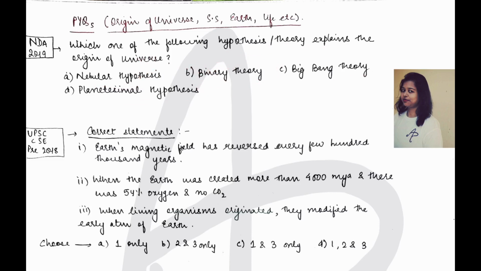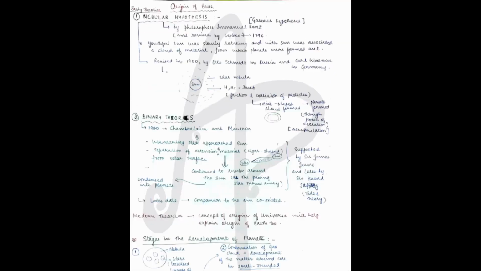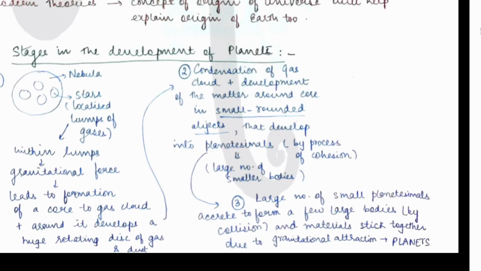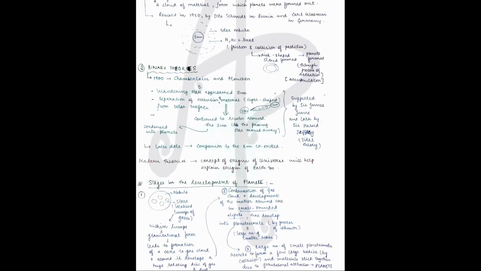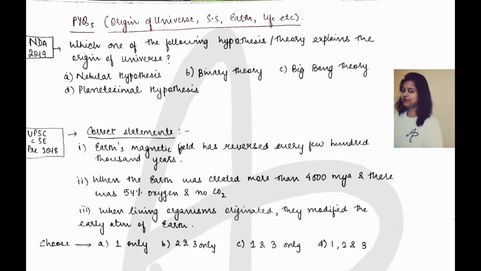Even if you would not have known it, let's just understand from the word planetesimal, because we have talked about the concept of planetesimals here. If you remember, we have already done this. So it is about that, large number of smaller bodies like planets, and then they finally, with the help of collision, etc., the larger planets were formed. But initially we had this structure. So we know that this is related to the planets. So directly you could have eliminated all of these options even if you would not have known the Big Bang theory, but this is pretty simple, you should have known.